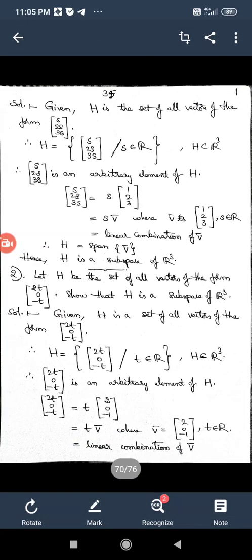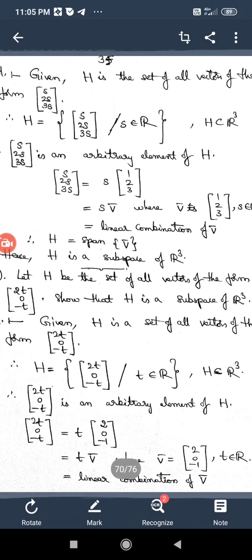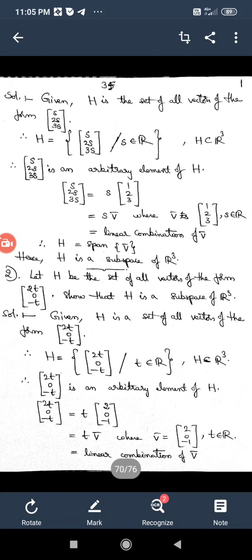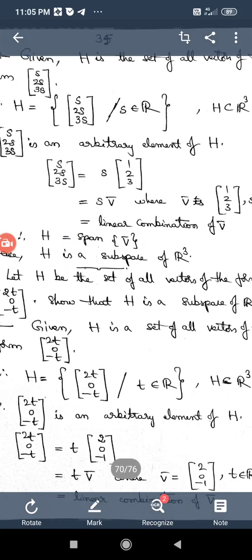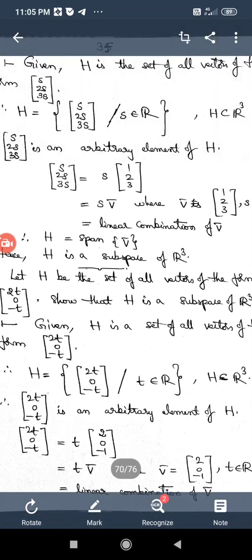And we have already come across it in the prerequisites itself, R3 is viewed as a vector space in the study of linear algebra. So that is how R3 is already a vector space, and now H is a subset of the vector space R3. Given that (s, 2s, 3s) is an arbitrary element of H, and H consists of the elements of